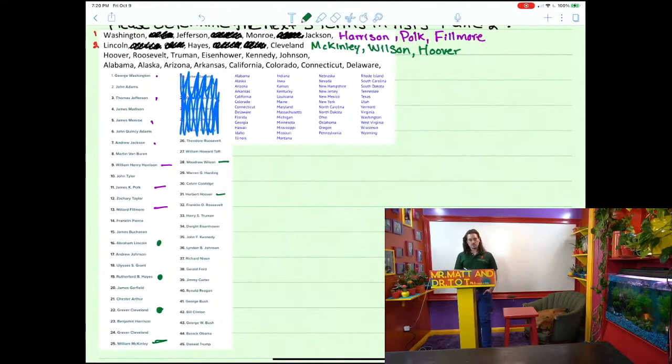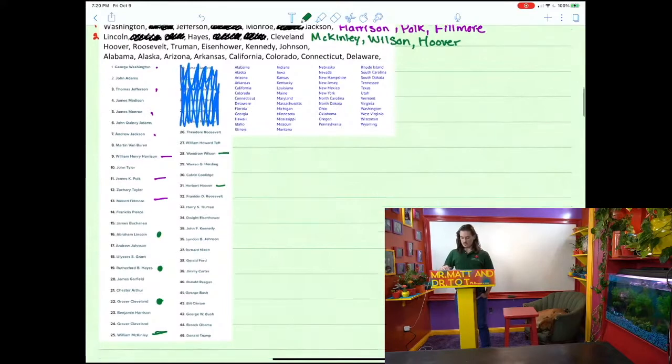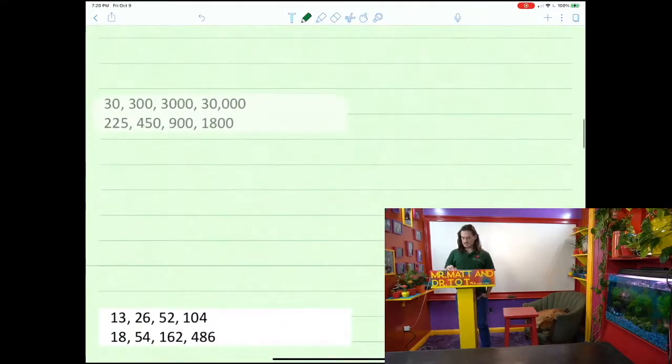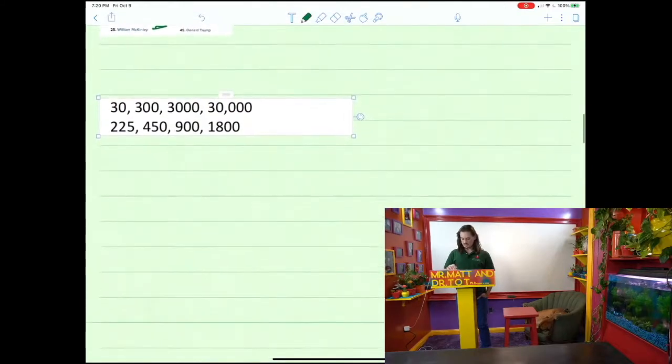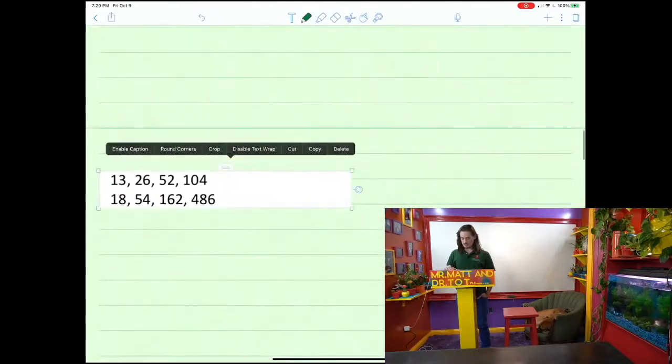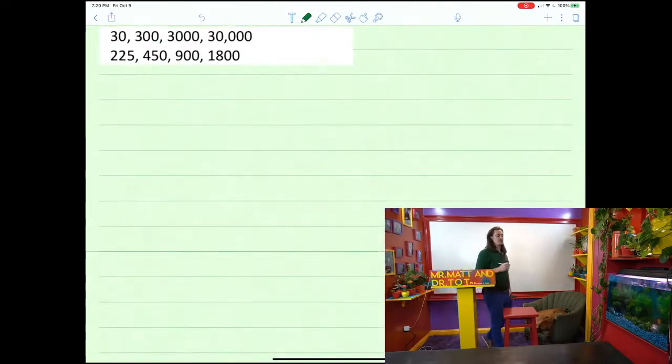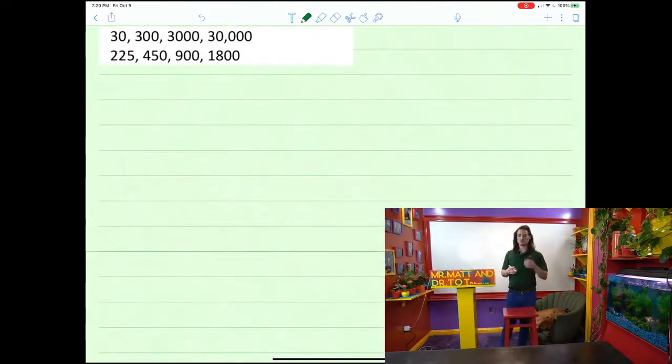Okay, if there are any questions, please let me know. Otherwise, let's move on. So that was with qualitative information. Now we're going to look at some examples with quantitative information, meaning with numbers. There's more than two different ways, but for now, we're going to be talking about two different ways that a number sequence can increase or decrease or